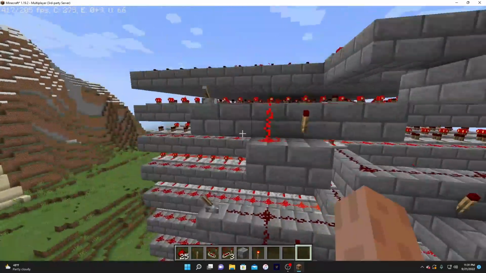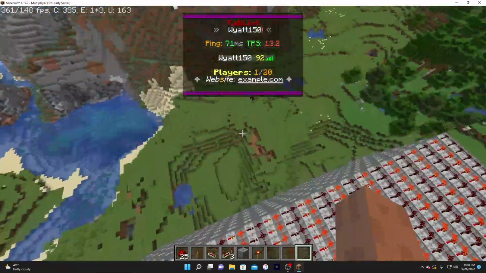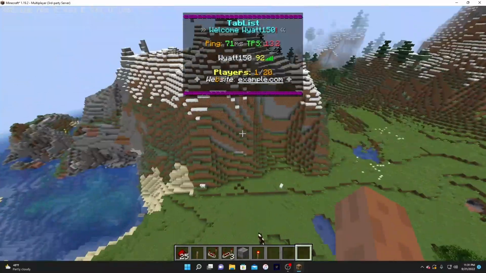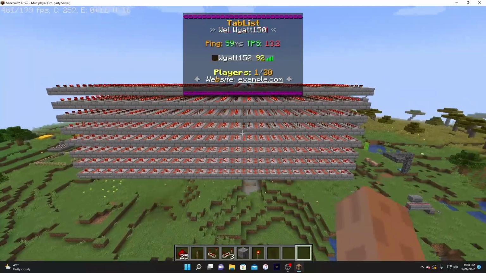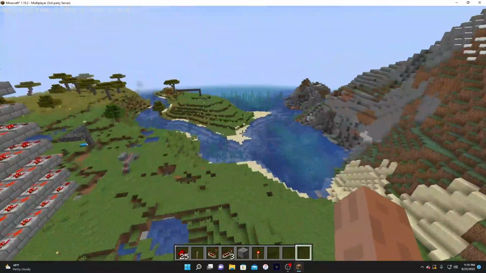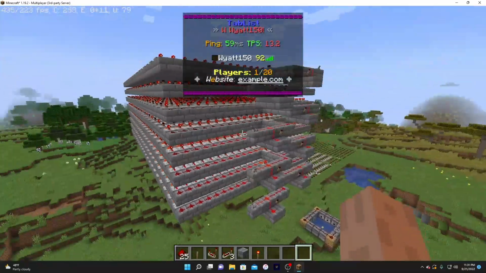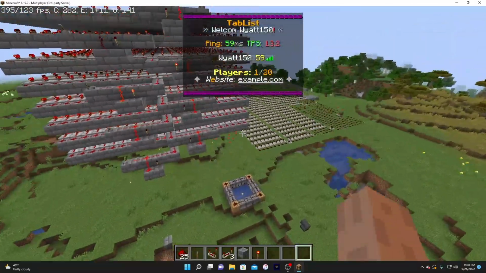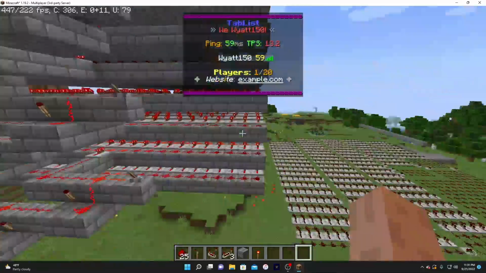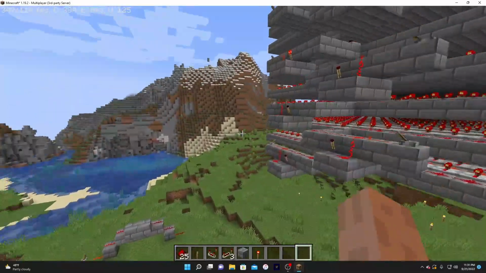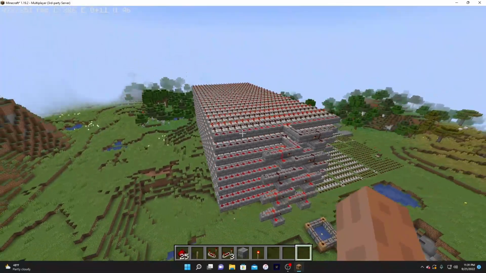Turn on another level here. Still rubber banding a bit, not doing the greatest in the world. Definitely takes a while for the signal to reach the end there, but yeah, ping's doing better. Still more than it should be. Rubber banding a lot, yeah. Definitely doesn't do great, but